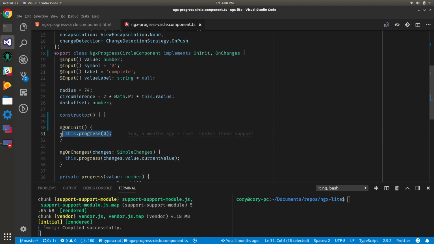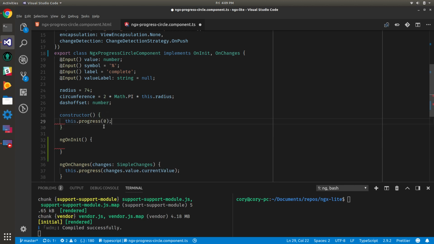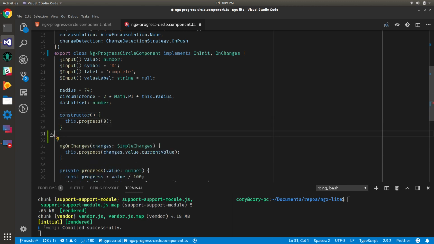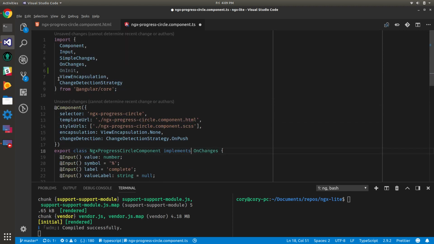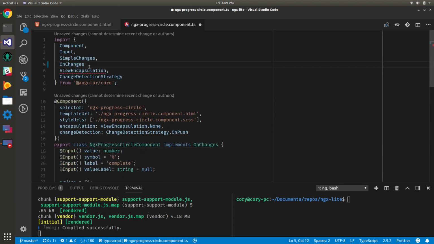So this is actually resetting that value. What I need to do is this progress needs to be initialized to 0 in the constructor instead of ngOnInit. This is just happening too late in the life cycle. So I'm just going to move this up here. I don't really need that life cycle hook anymore, so I'm going to go ahead and delete this stuff here